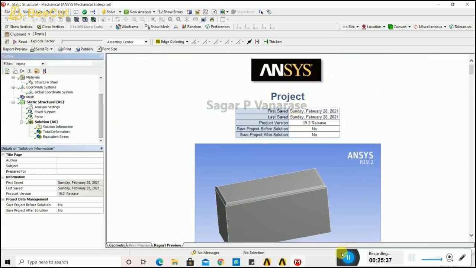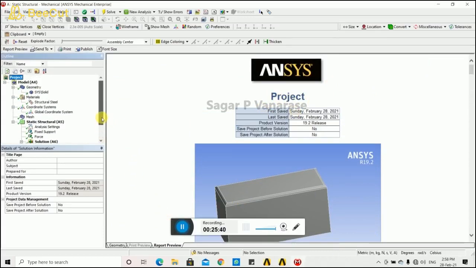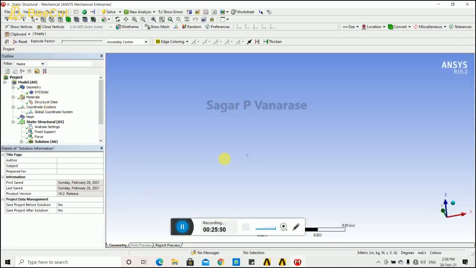We can also see the different analyses and stresses from maximum to minimum, the difference range, and all the data in tabular form. So this is the main part of our ANSYS.